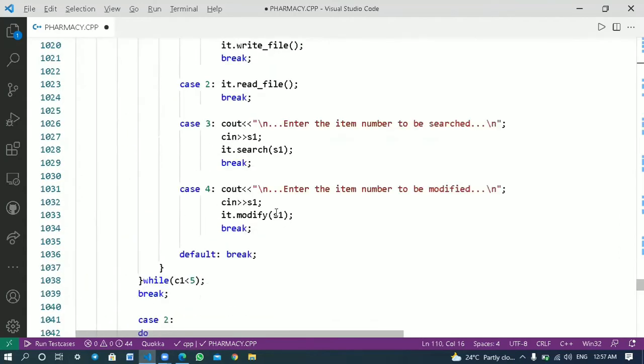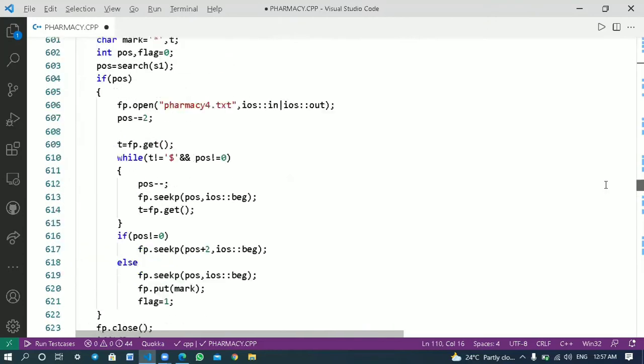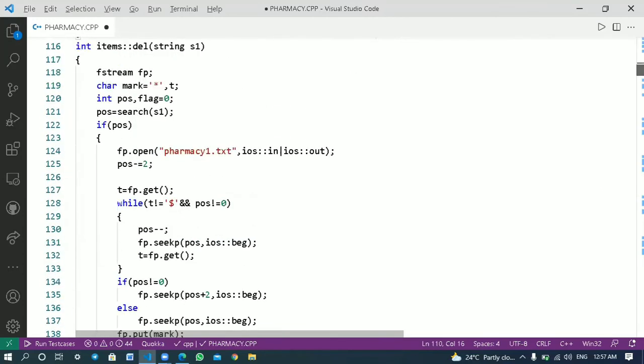In the case 4, it will print enter the item number to be modified, which takes the input string s1. In order to modify the record, first we need to delete the record which is to be modified.